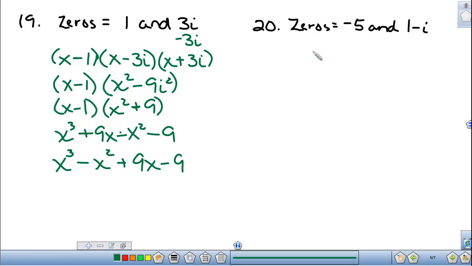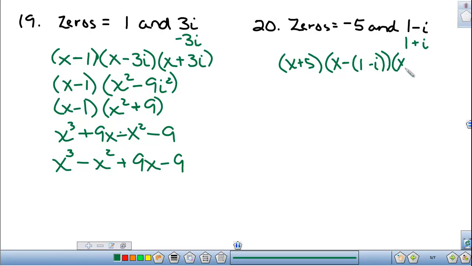Next I'm going to do number 20, and again I'm given a negative 5 and an imaginary root of 1 minus i, so its conjugate is going to be 1 plus i. And that's a complex conjugate. Written in factored form, this is going to be x plus 5, because that minus negative 5 changes that to a plus. And then this could be tricky, but it's going to be x minus 1 minus i